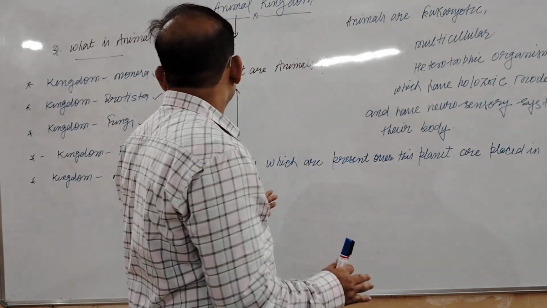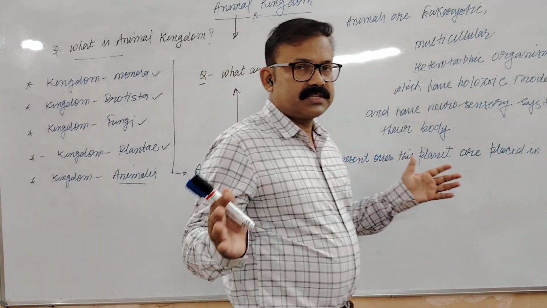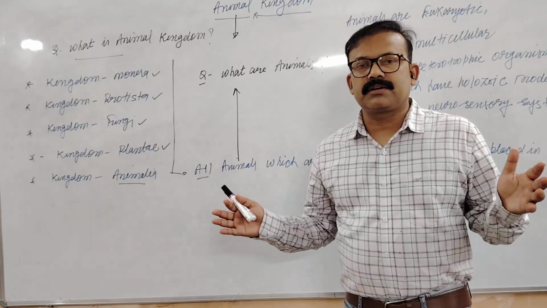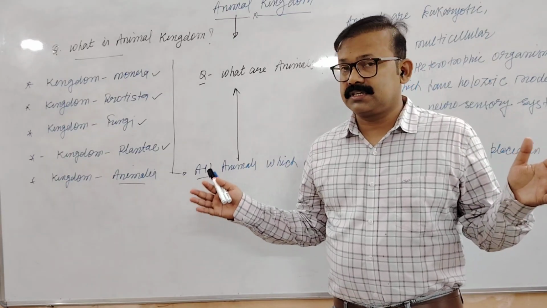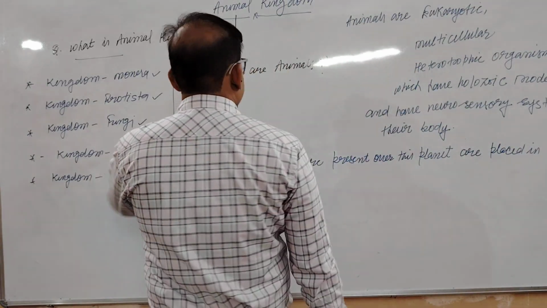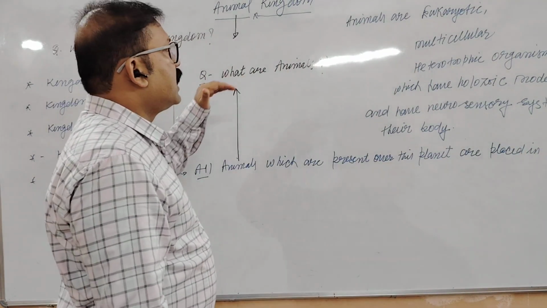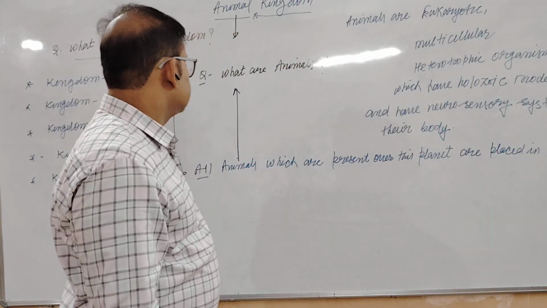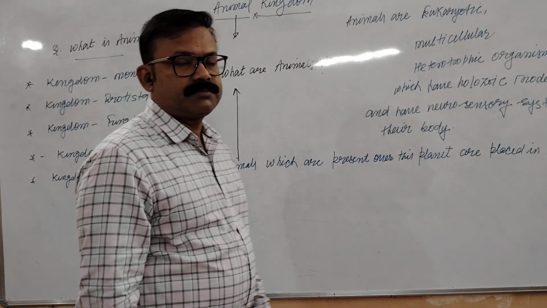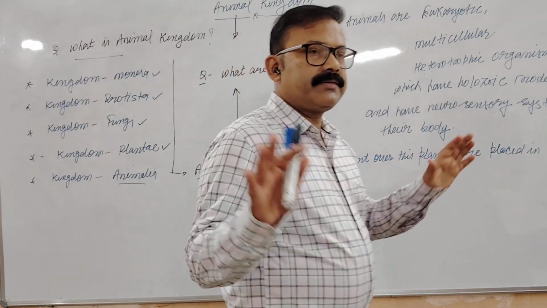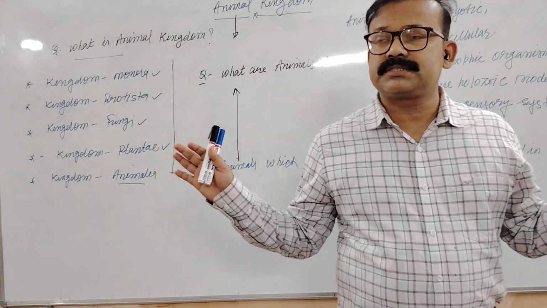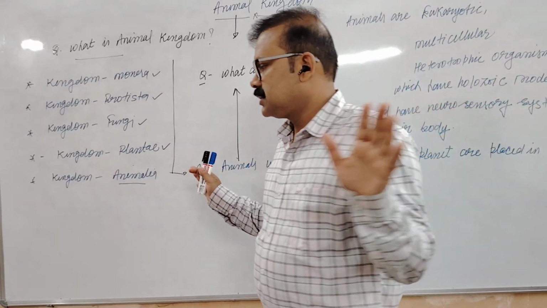I hope that you will be very clear what the animal kingdom is. As I told you, the animal kingdom is the collection of all the multicellular animals which are present over this planet. And I think you are now more clear about what animals are. I told you that animals are eukaryotic multicellular heterotrophic organisms which have holozoic mode of nutrition and have a neurosensory system in their body. Does any student have any question, any doubt? Do you want to ask any question, my dear students, or should I move on? Okay, fine.